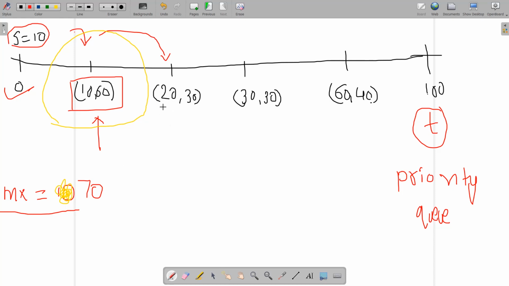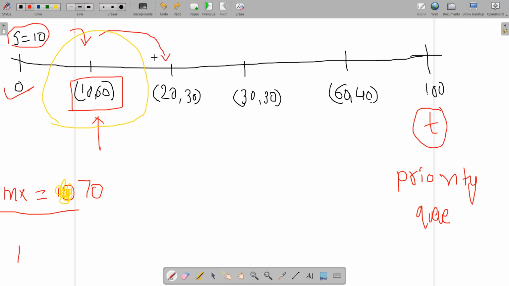Okay, so I can say I have to refuel my vehicle one time. Now you can see the use of this priority queue. When I have completed visiting this zeroth, that is this first station, I will push back this 60 value, that is the fuel provided by this gas station, into my priority queue. Okay, and when I've come up to this station, I have to refuel my vehicle. So I will pick up the maximum element from this priority queue, that is the 60. Now my priority queue becomes empty.